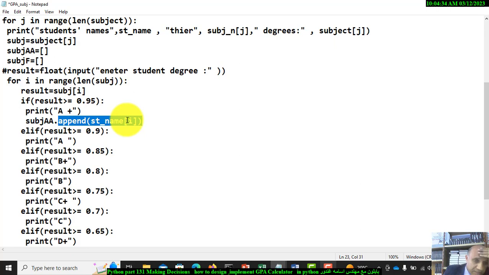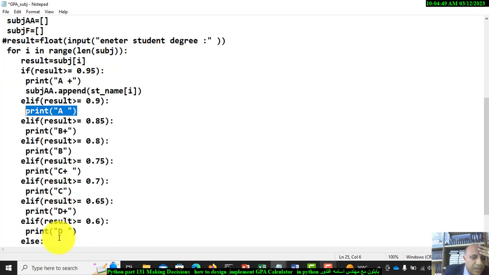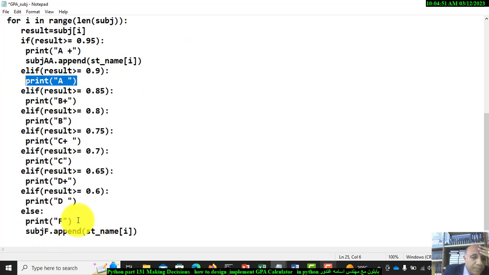And also, if the student gets one of these values, A, B plus, B, C plus, C, D plus, he will just print the value of his degree, but if he failed, it will be appended and stored